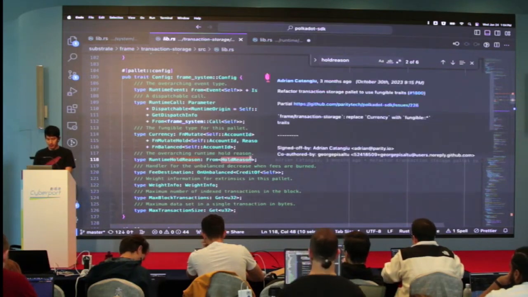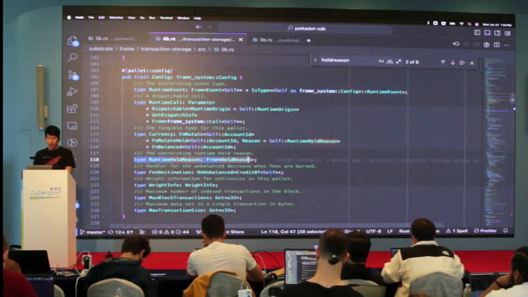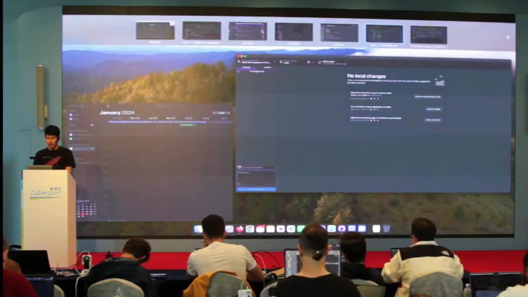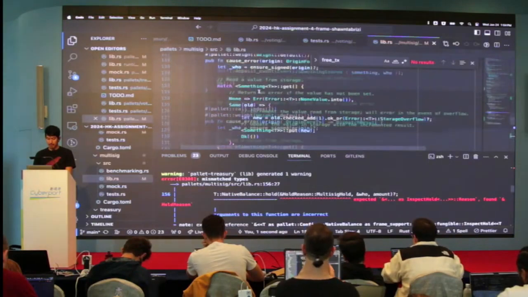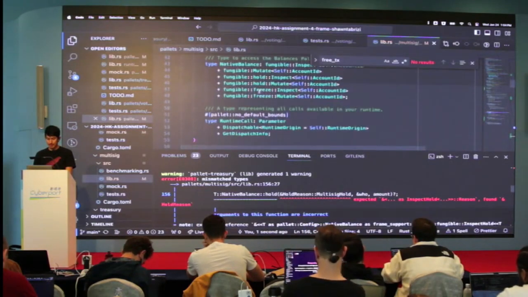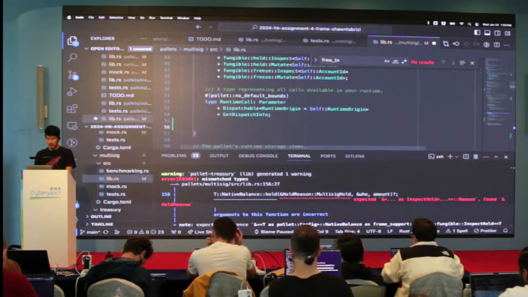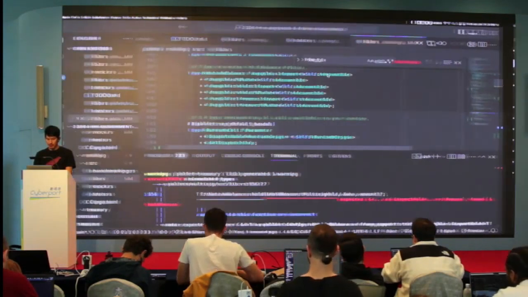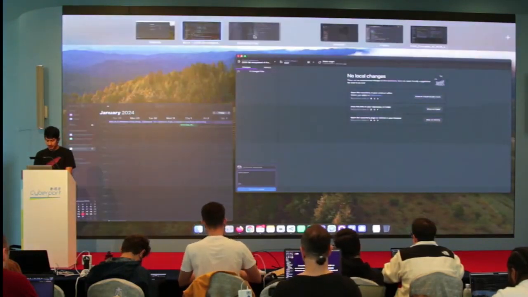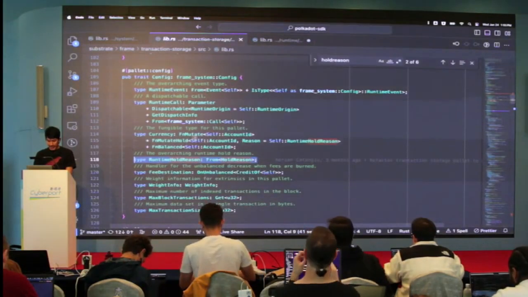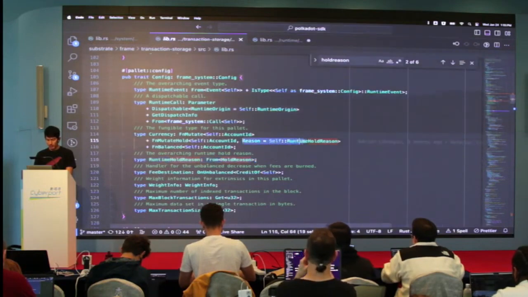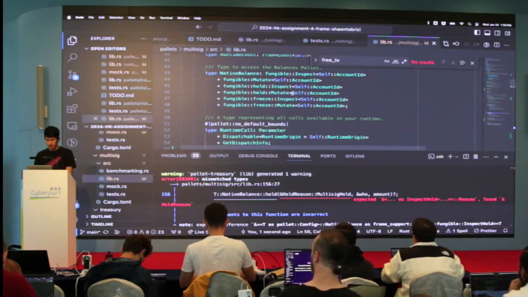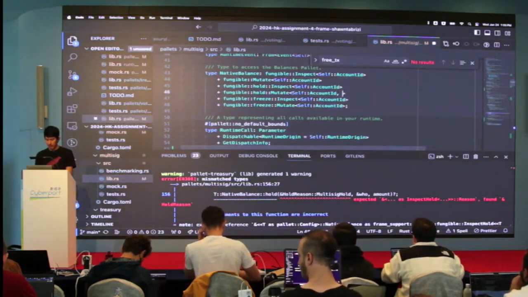Let's copy. And this also gives a hint to another trick that I can show you here. Let's go into my project. Let's make a new type, hold reason. And then in here, in the native balance, I need to also do something. I need to, in the mutate hold, set reason equal to this. Mutate hold, mutate is there, comma, this.